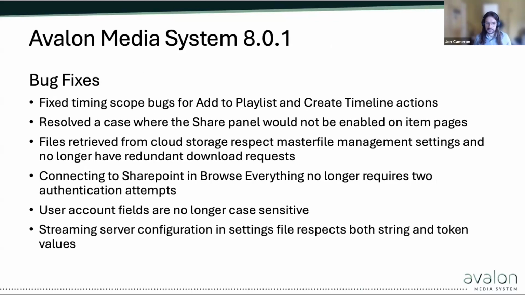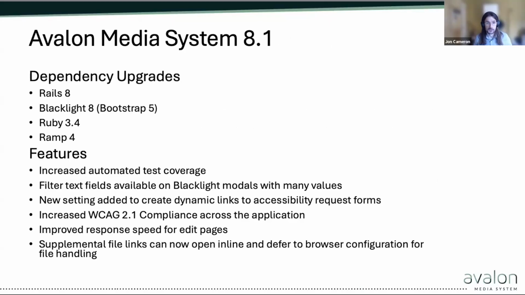And then we did a bug fix release afterward that fixed a lot of minor issues. But our most recent release is Avalon 8.1, which again is very heavy on dependency upgrades. So another Rails upgrade, but this one came with Blacklight 8, which upgrades to Bootstrap 5, and so there were a lot of changes required for us to do that. We're running this newer version of Blacklight, which has allowed us to develop in an easier way. We're also using the latest version of RAMP 4,